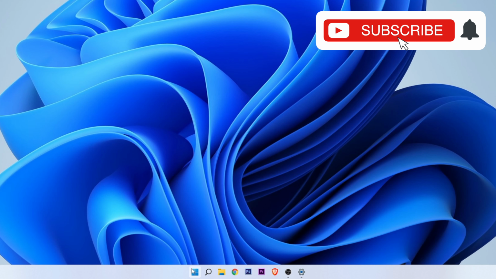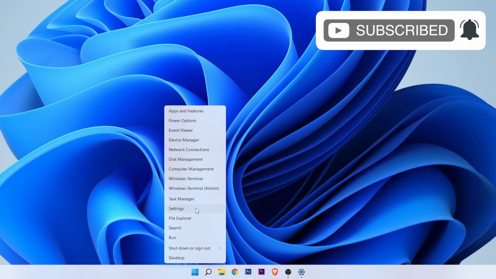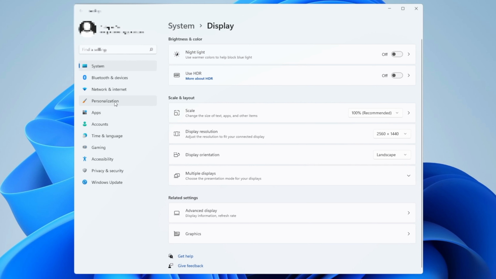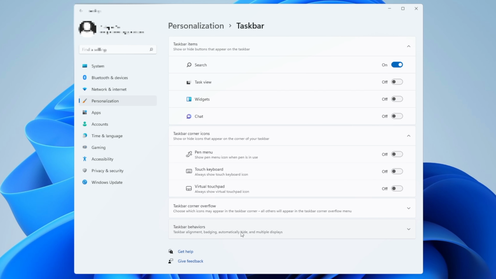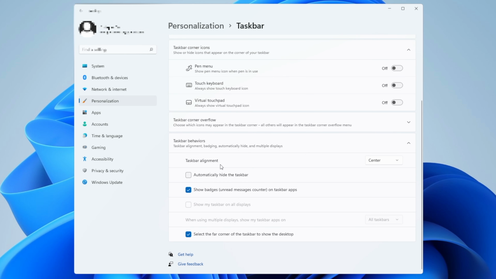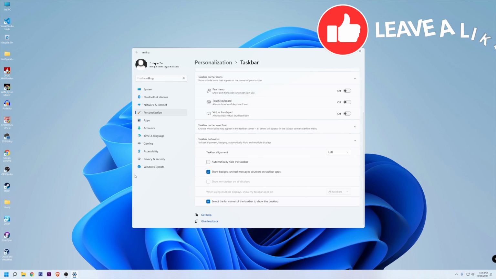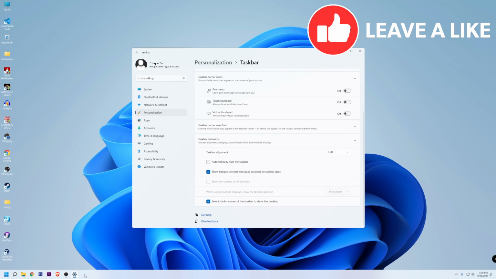And for that you want to right click on the start menu, go into settings. From here, on the left side, go into personalization, go to taskbar, and here underneath you're going to find this menu that says taskbar behavior. Click on it, and here it is, taskbar alignment. You only want to change this from center to left. And as you can see, without even closing the menu, you are going to have the taskbar on the